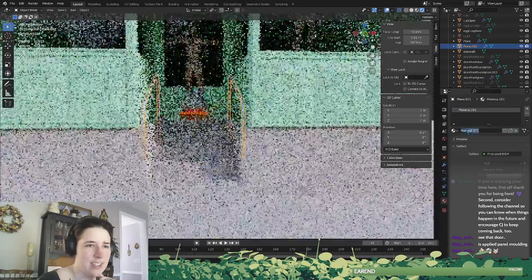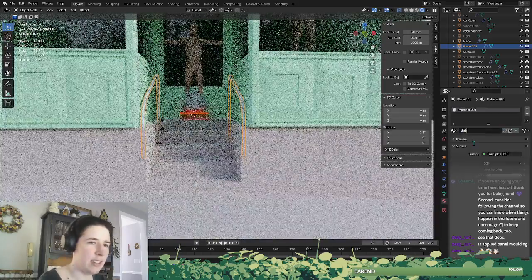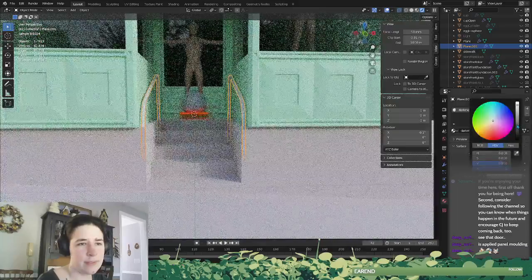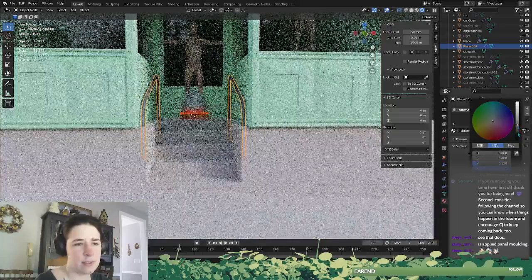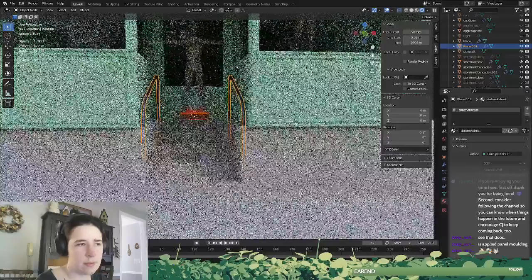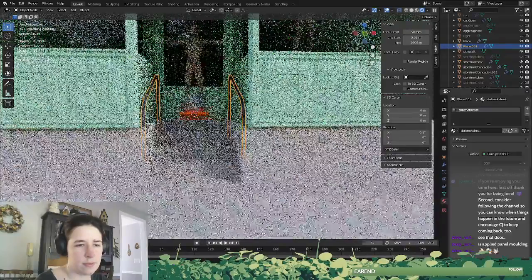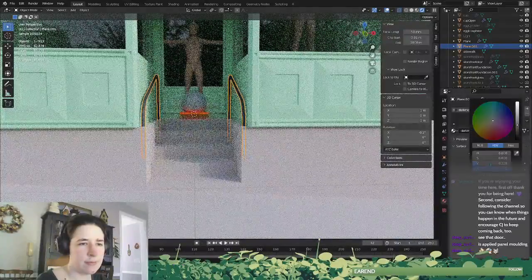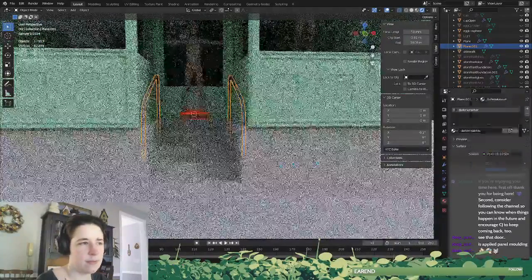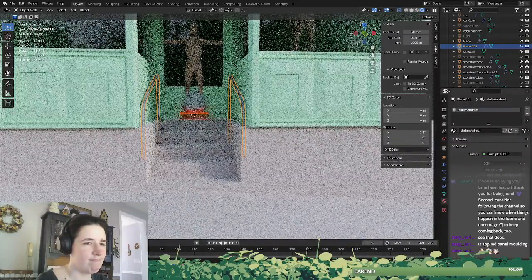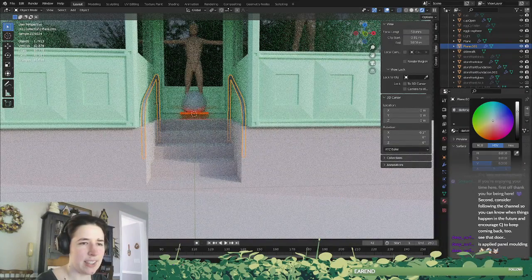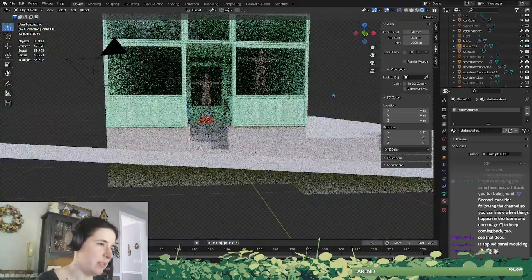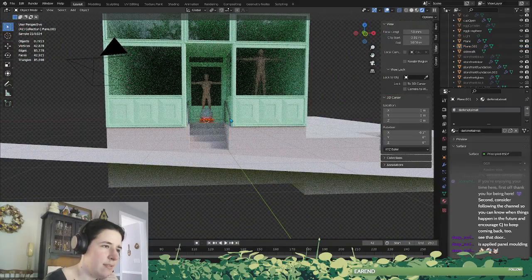Maybe change it to have some kind of dark metal. Somewhere in there. So yeah, I'd be able to, if I applied it,